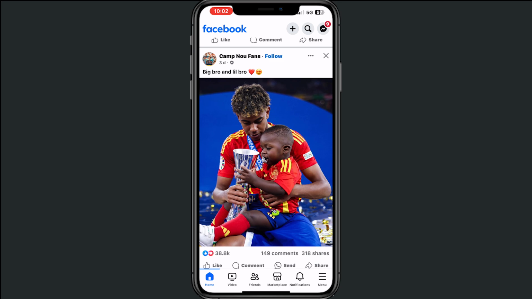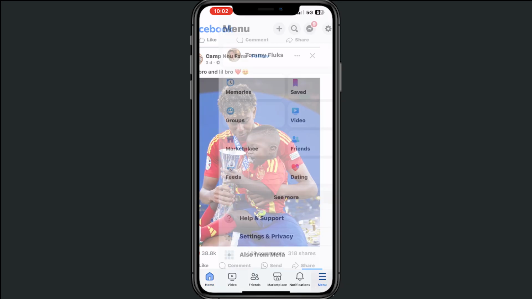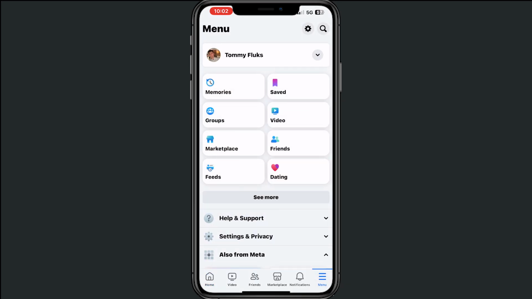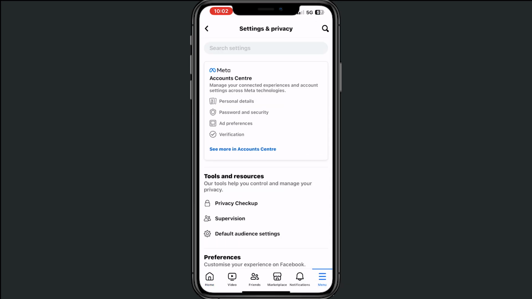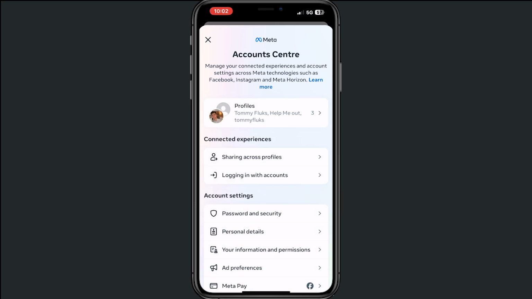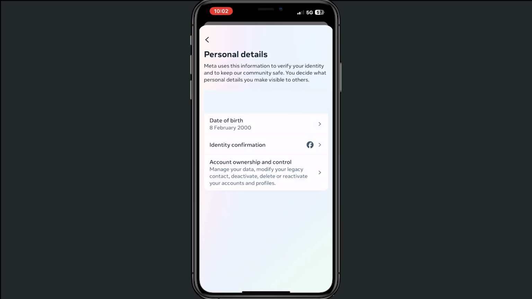And for this, make sure that you're logged into your account, and then from here tap right in the bottom on menu. Then tap on the wheel right in the top, and then from there tap on see more in account center. Then from here tap on personal details, and here you can find your personal details where it says